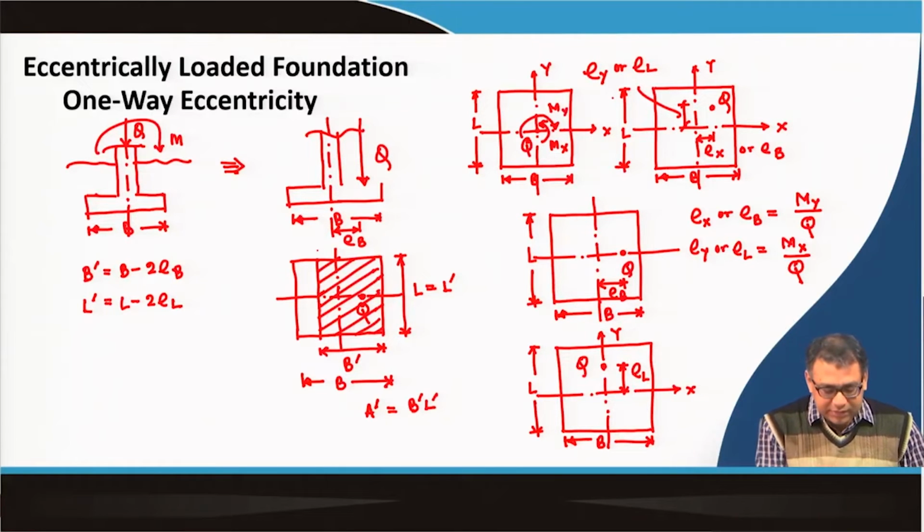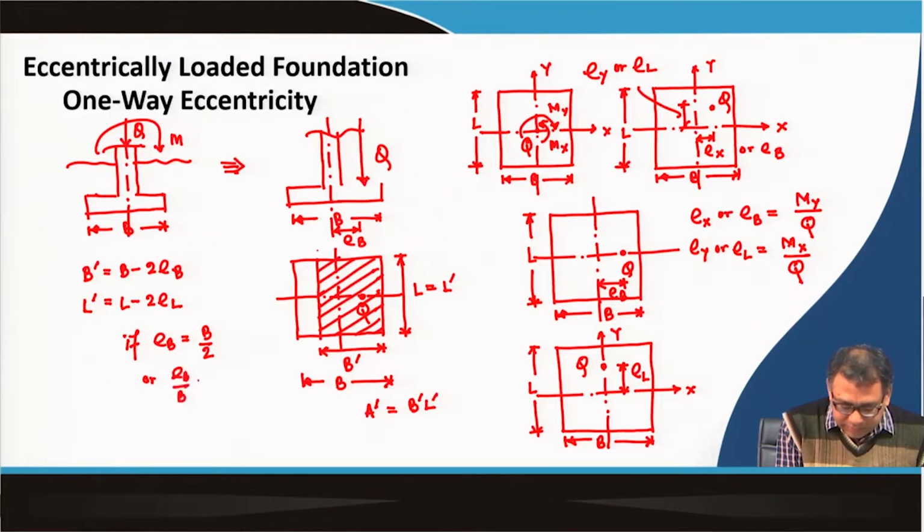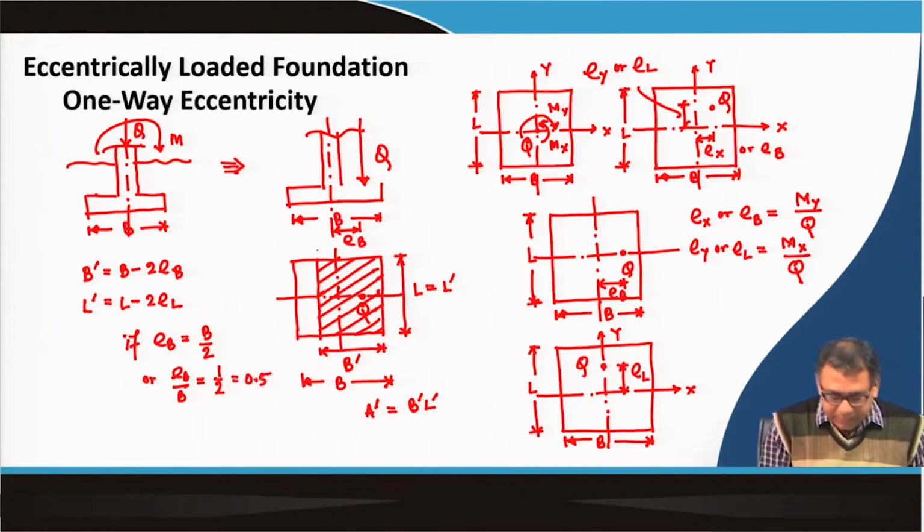So, now here you can see that if my E b is equal to half of b, that means E b is equal to b by 2 or E b by b is equal to 1 by 2 or 0.5, then the b dash value will be equal to